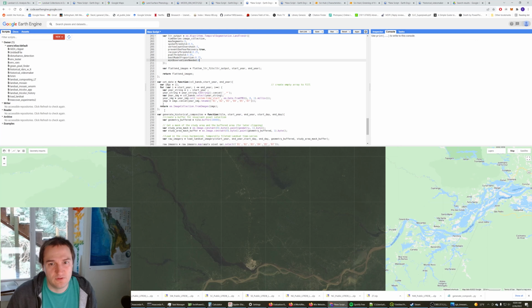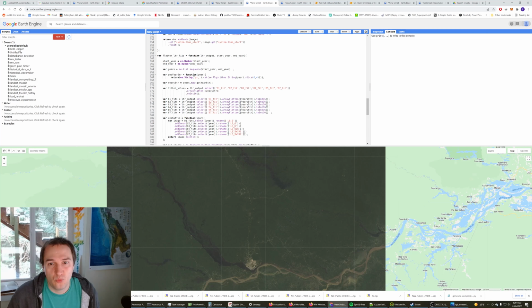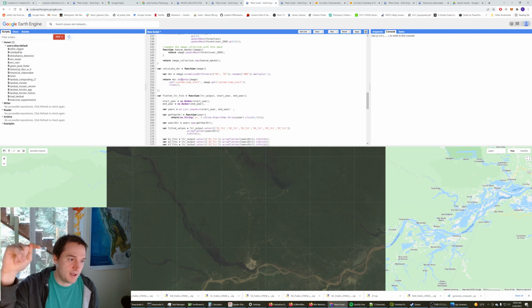The other thing we have to do is set a date for our images, right? So we took the bunch of images from a single year and made them into one. We're going to set the date as just the middle of that year, so like August 8th is like the middle date of a year. One thing to note here is that I only do this once, right? So I run this over normalized burn ratio and use those lines to get values for all the other bands